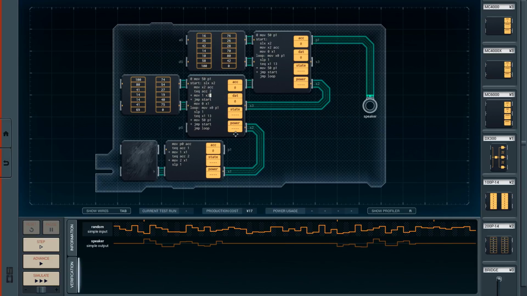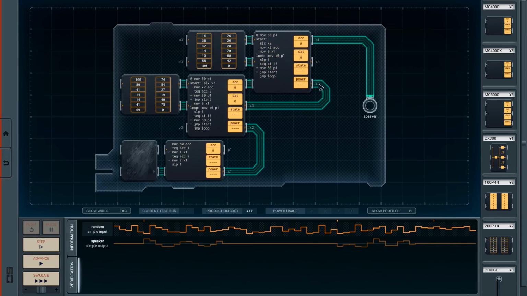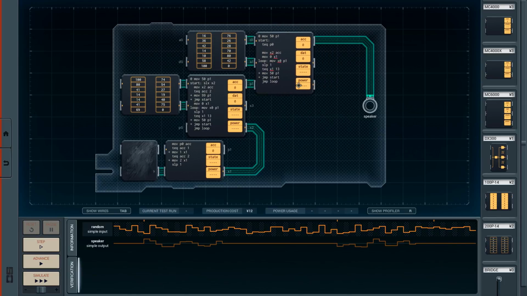I wonder if I could do something hacky. Let's see, instead of moving X, we'll move like 99 into P1, for example. So I'll move 99 into this guy. And then we don't need this. And so sleeping every frame, we will just test if P0, which is this guy,